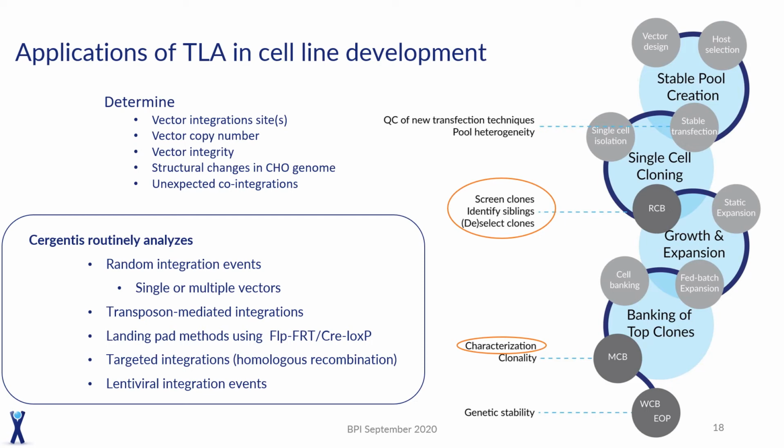It's interesting for us to see that although many of these plasmids have been linearized, the breakpoint actually often does not occur exactly on the linearization sites, which, as you may consider, might affect your final production. And looking at, for example, multiple vectors, we can look with TLA at whether there's shared or unique integration